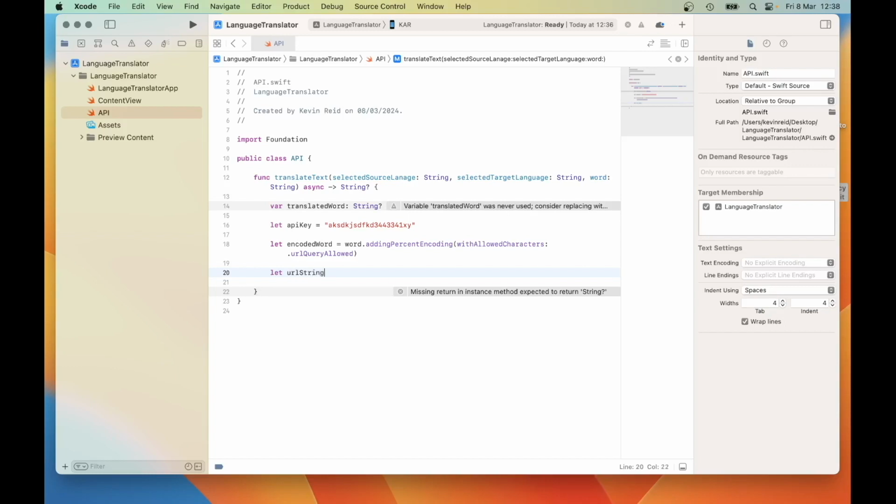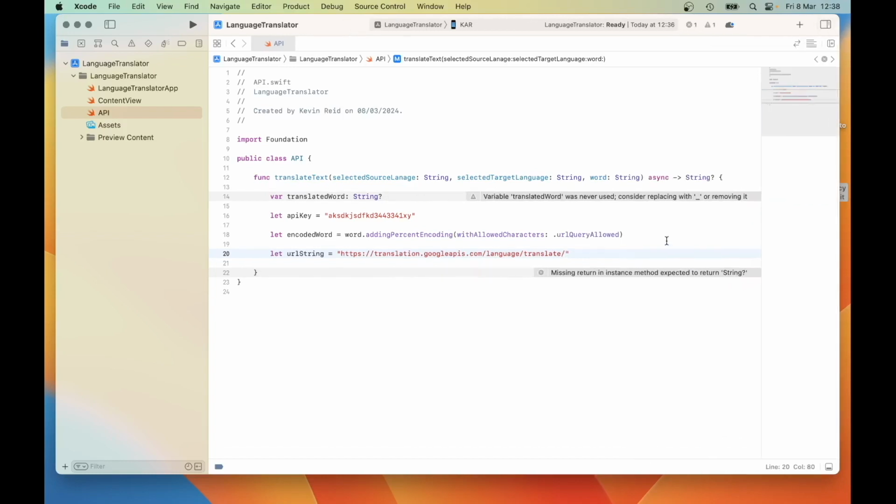Let urlString is equal to https://translation.googleapis.com/language/translate/v2?q